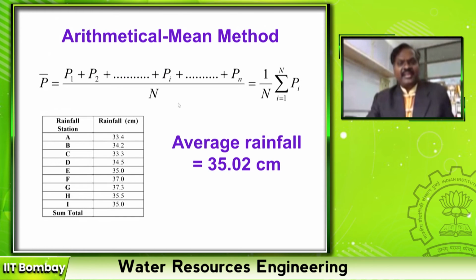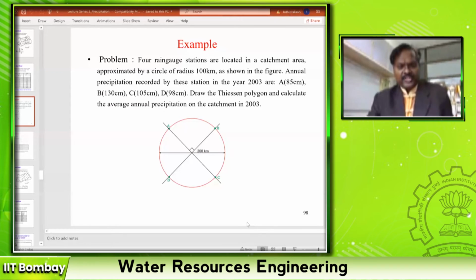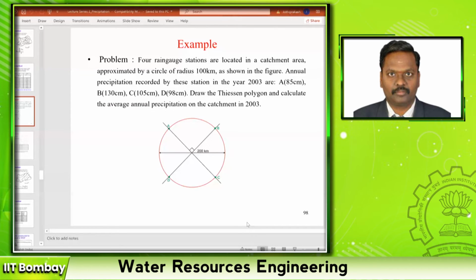Right? Let us say I have the same picture. I have these 5 rain gauge stations, and if I am the CEO of this river basin and somebody asks what is the average annual rainfall in your river basin, I cannot say the average annual rainfall of station 1, station 2, station 3, station 4, station 5. Instead, I have to give only one number. So for that, what do I do? First, I take the average annual rainfall of each of the 5 stations and then take the average. That is called the arithmetic average method of annual rainfall.